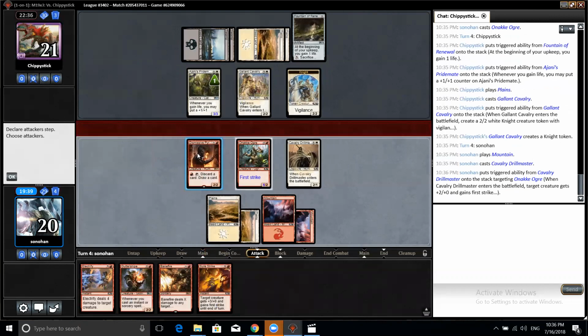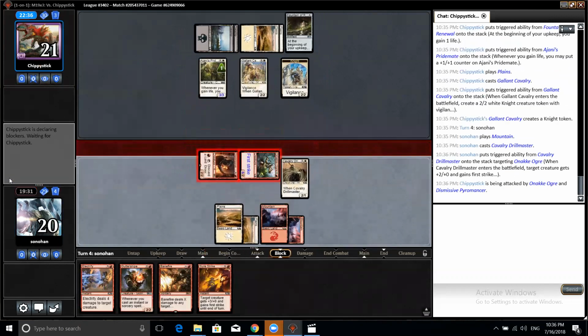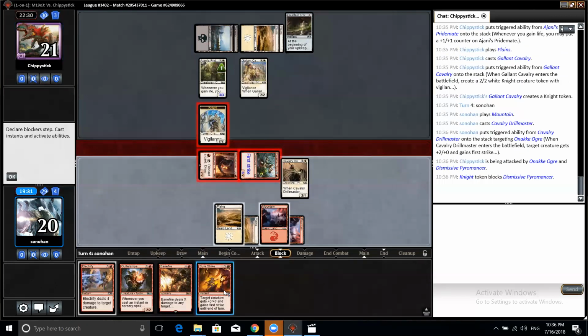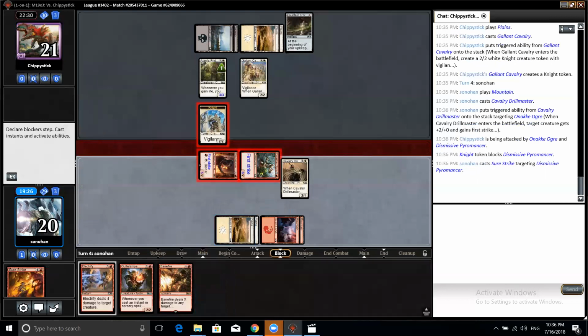And I'm actually gonna attack with both because I have Sure Strike. So in case my opponent throws something in front of Dismissive Pyromancer, like probably one of the knights, I will play my first strike card. It's kind of terrible, but